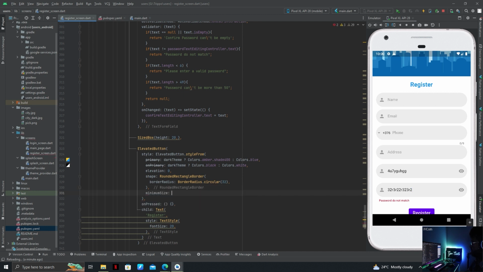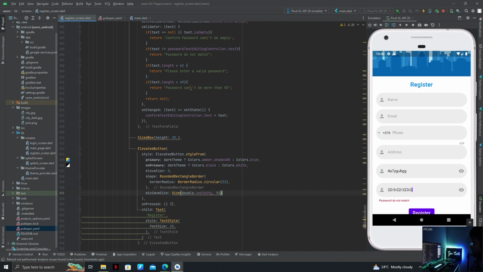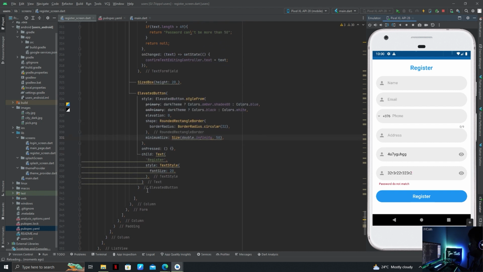And minimum size should be of size double dot infinity, and height is 50. Let's see how it looks. Yeah, it's looking great. And we have to add another thing here, and that is size box height 20,